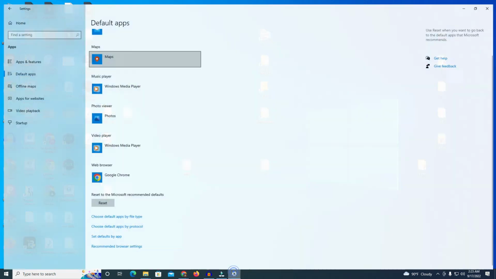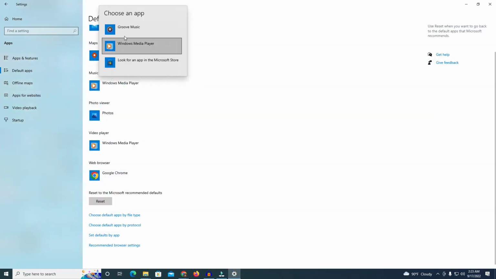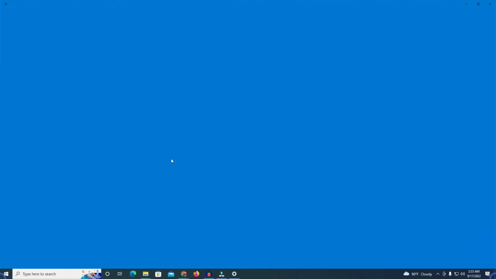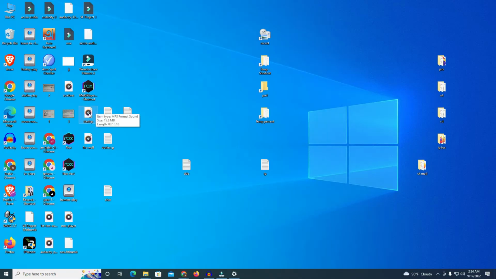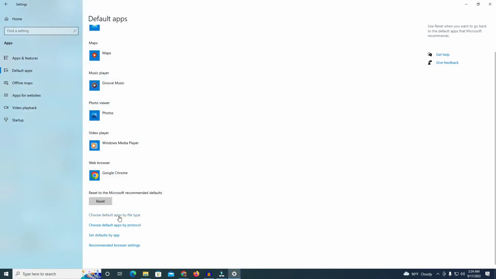So if I go back, another is Groove Music, and you just see that the file icon is changed. The file icon is changed, and now I have put it on a blank space. And what I was talking about is that if I choose the default apps by file type, here I have lots of file types,